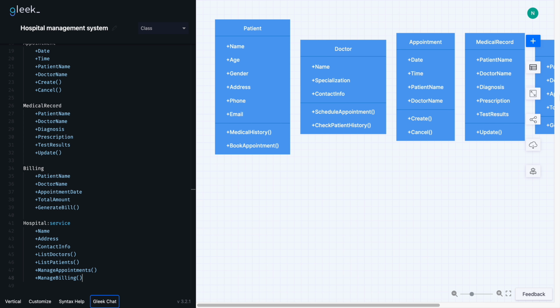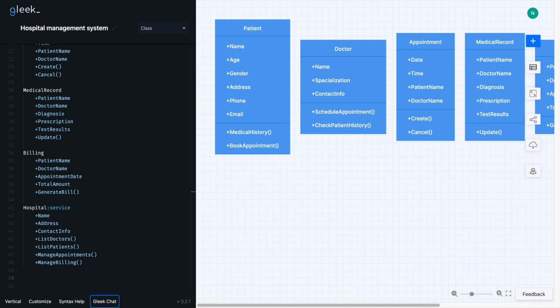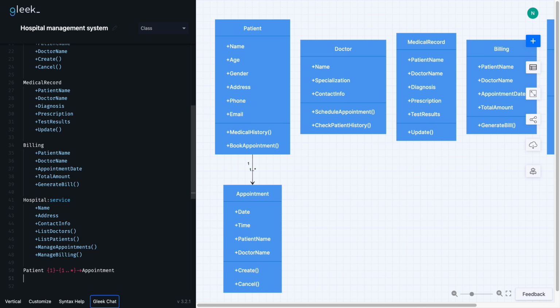Now that we have all our classes, attributes, and methods, we need to define the relationships between them. To show that a patient can have multiple appointments, type Patient, curvy bracket, 1, curvy bracket, dash, curvy bracket, 1, 2 dots, asterisk, curvy bracket, dash, arrow. Then type Appointment. This indicates that each patient can schedule multiple appointments, which is essential for tracking all visits a patient makes to